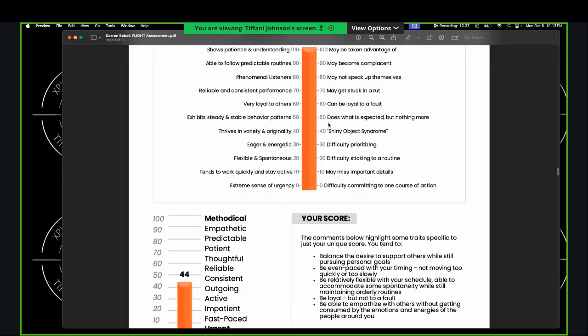Overuse of that, what happens? It can turn into does what is expected but nothing more, or shiny object syndrome. At times, you may do what's required, but stop short of going beyond expectations, especially if you're unsure whether the extra effort will be noticed or valued. When you're not fully engaged, you can slip into that autopilot, doing enough to maintain, but not enough to actually